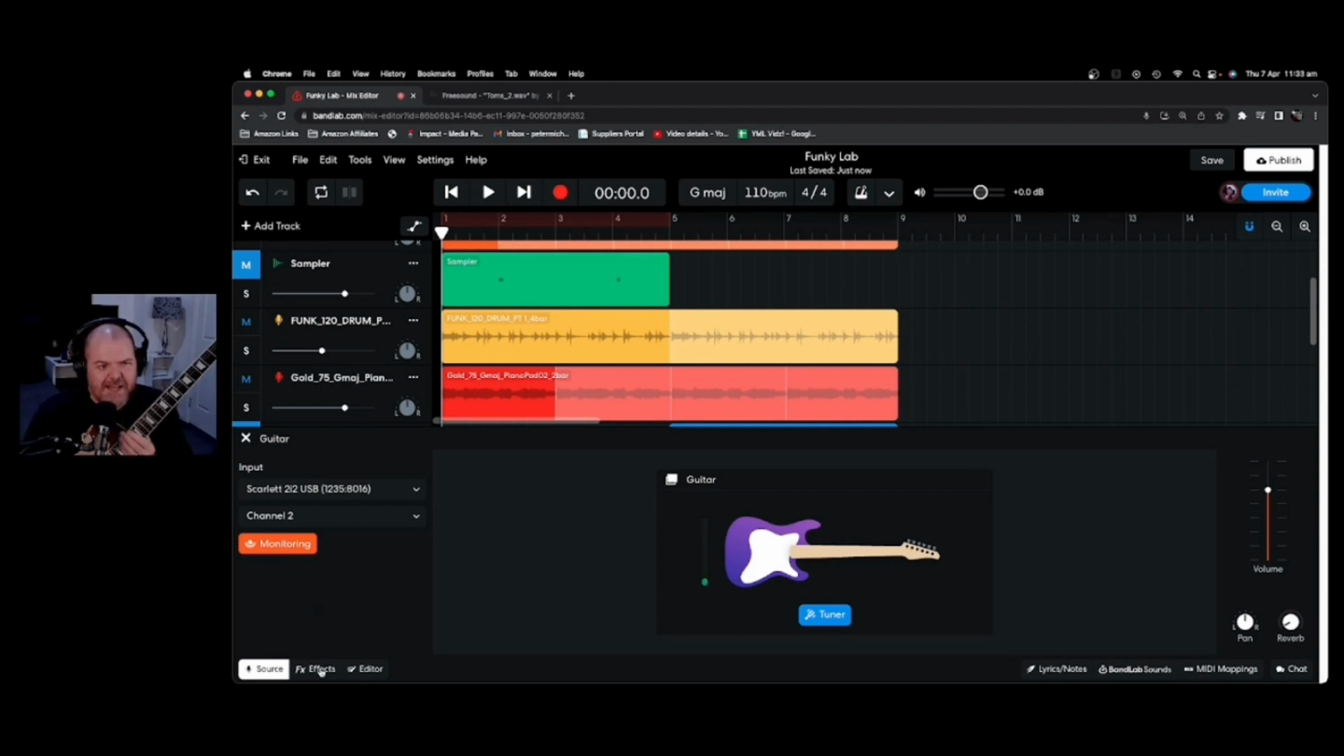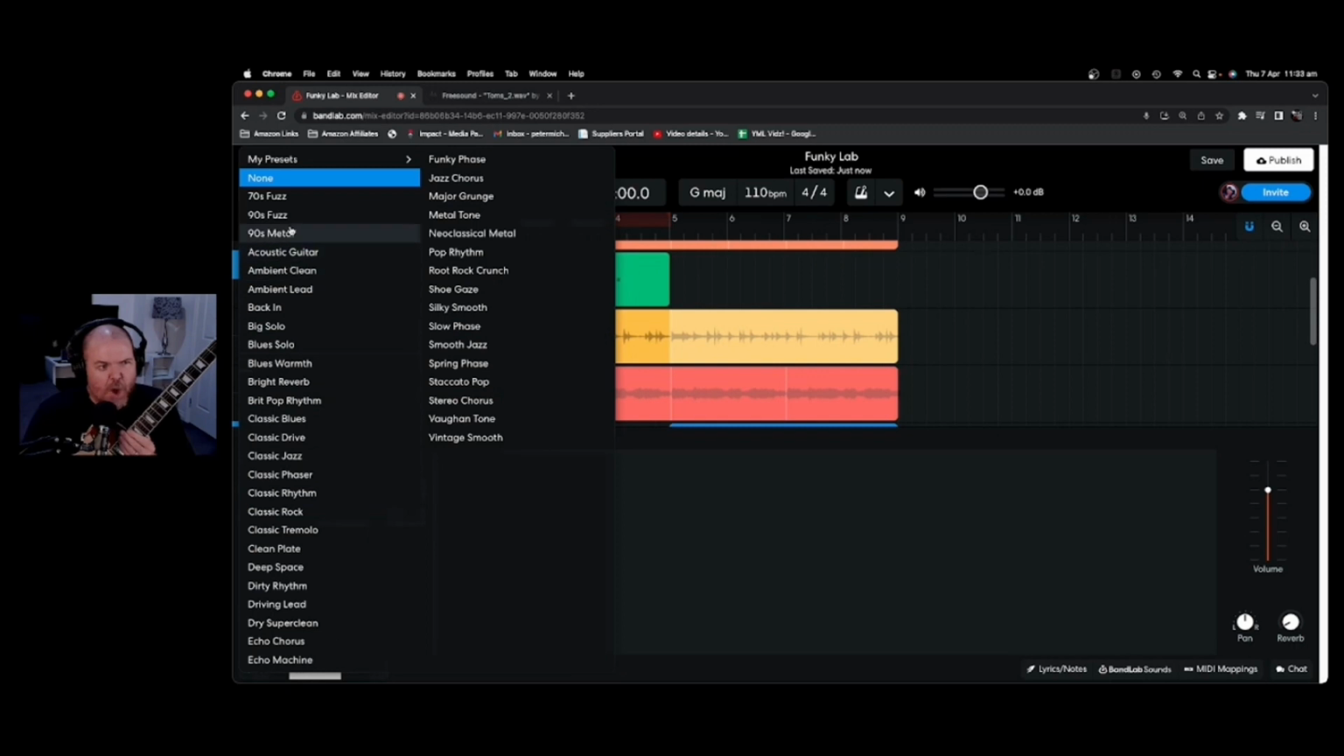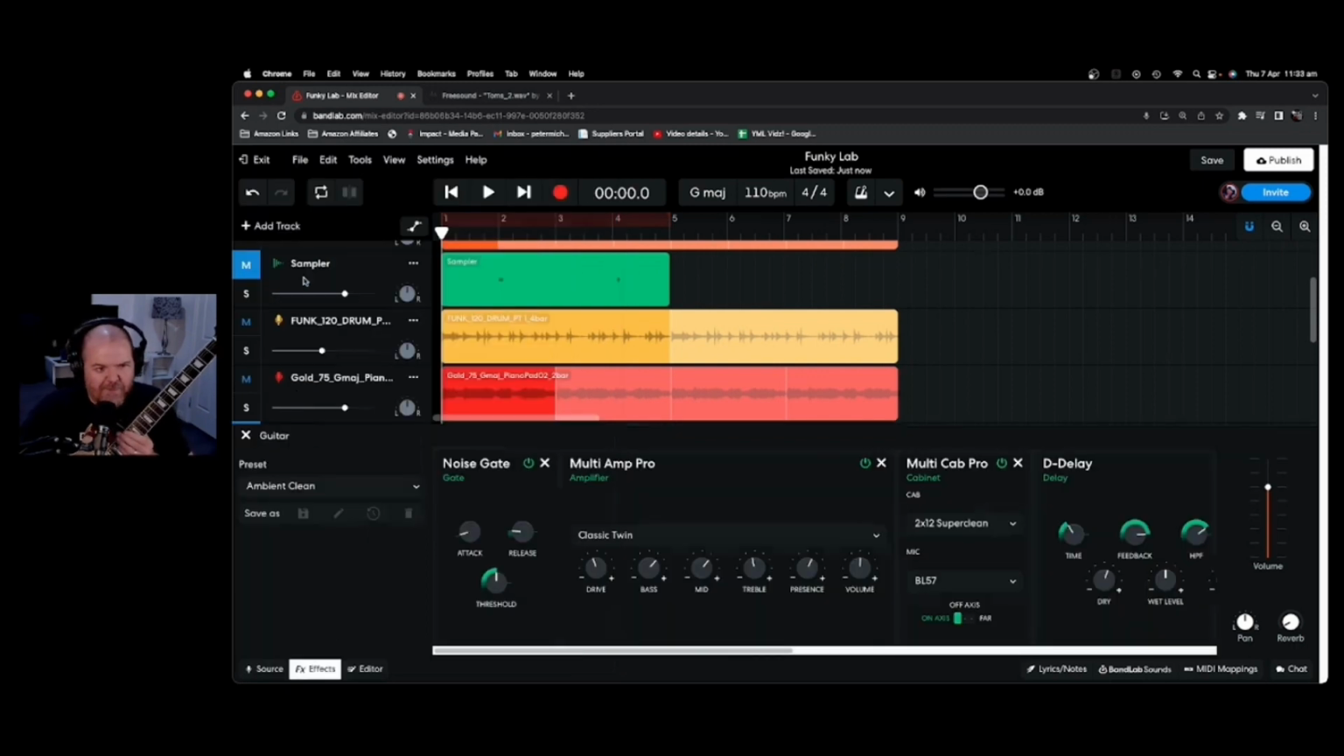Now, BandLab actually has some very cool guitar amp simulators built in. So if we click on the effects button here, we drop down our preset, we can choose from any of these. Let's go with, say, an ambient clean tone. And if we play this one here,